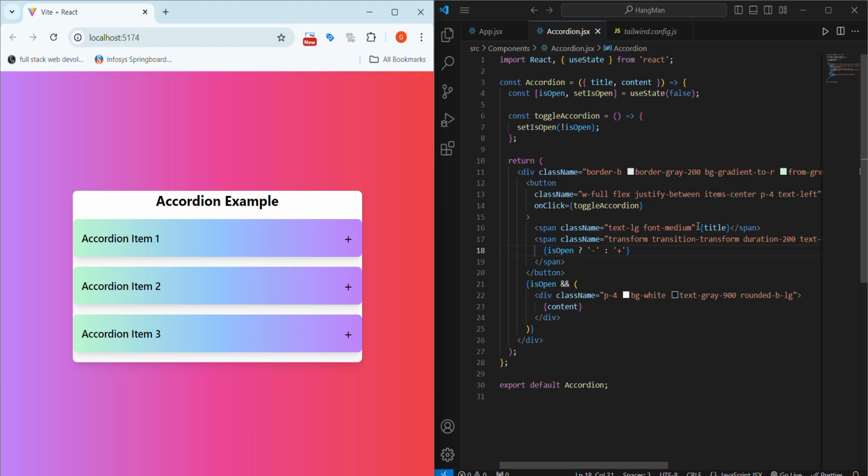And this is the CSS I used to make our accordion look great. I used Tailwind CSS classes for styling. If you want, you can use CSS also, it's up to you. Tailwind CSS makes it easy to create a beautiful UI with minimal effort. That's why I used Tailwind CSS. And